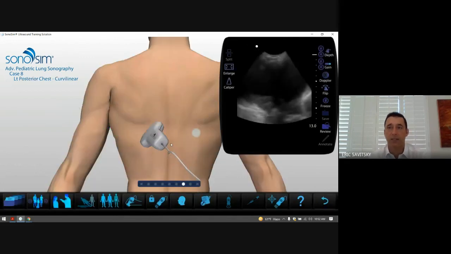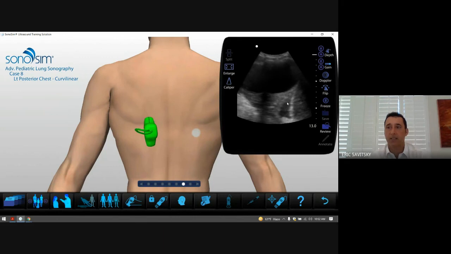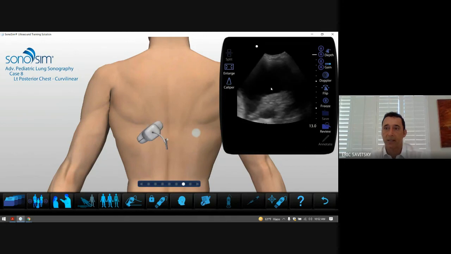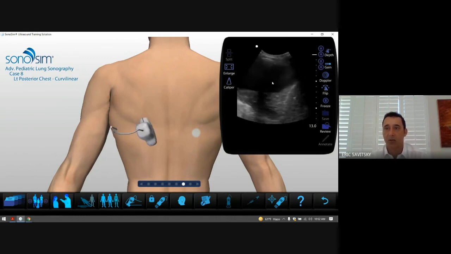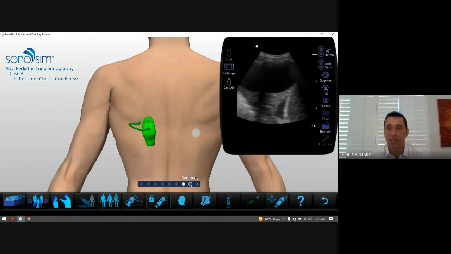When I come around here to the left posterior chest, here I see the diaphragm and what appears to most likely be a splenic margin. And then here, this looks like lung with a very, very large surrounding pleural effusion. So this is a moderate to large pleural effusion. You see compressed lung here, trapped by the fluid around it, the diaphragmatic margin. So this looks very, very consistent with a large left-sided pleural effusion, so presumptively a parapneumonic effusion if we put